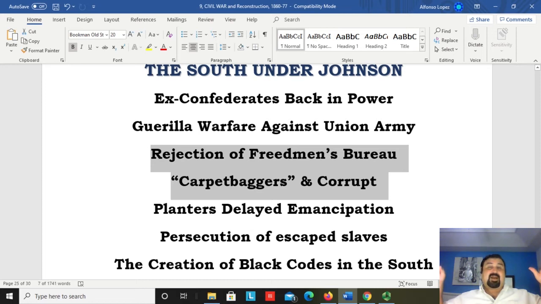They were carpetbaggers. That was a very negative term, again, to mean somebody who was just coming to the South not to help Southerners, not to help rebuild the South, but to take advantage of the Southern population, take advantage of the people, take advantage of even the women, Southern women, and so on. That they were corrupt, in other words. Okay, so